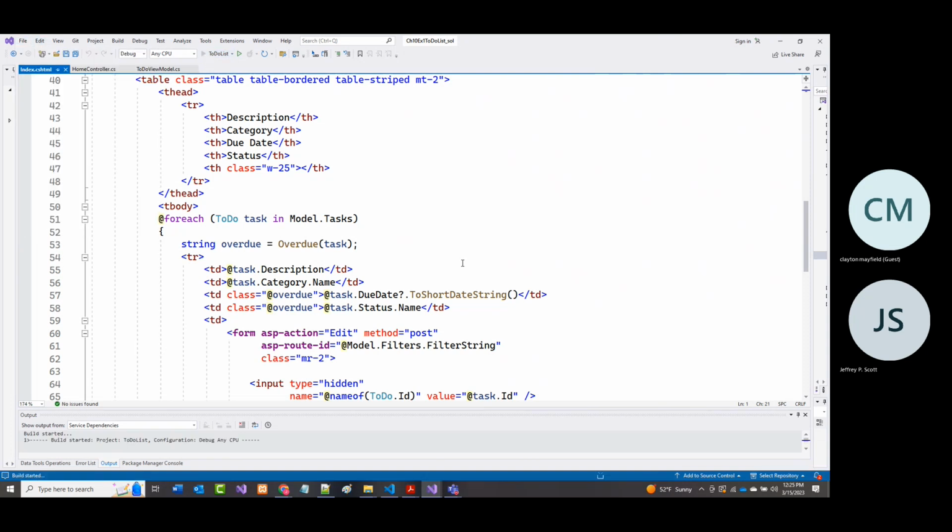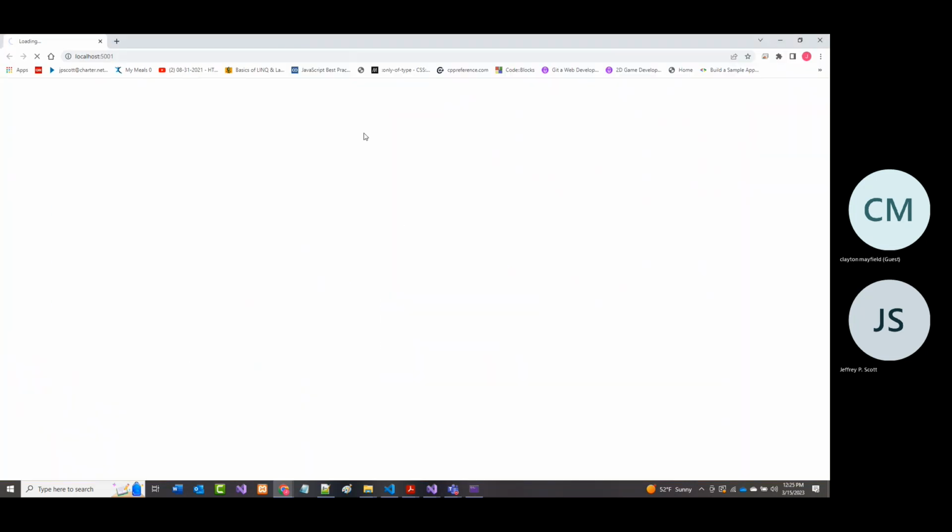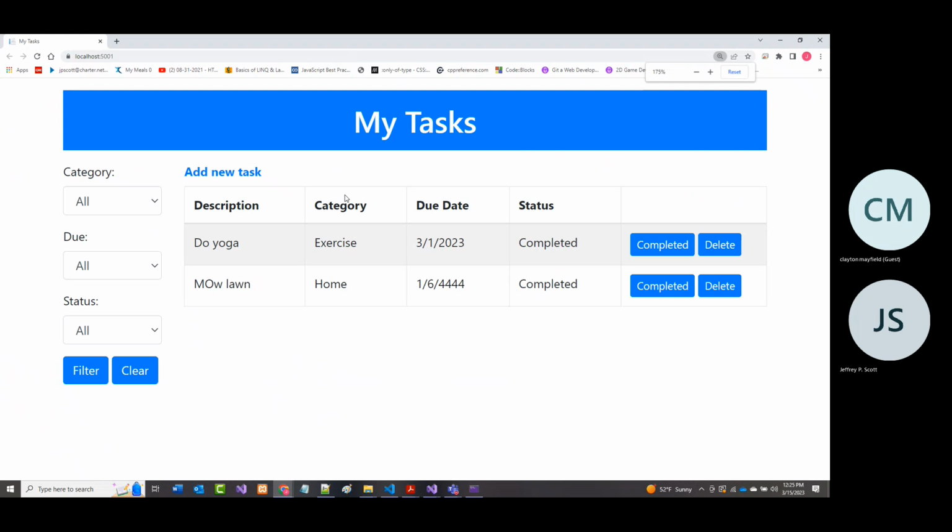you may or may not remember that I have two to-dos in mind from yesterday. They should still be here. I haven't looked at it today, but there they are. The do yoga, which was an exercise category, and the mow lawn, which is home. One thing I don't like about the way this is written right now, unless I'm missing something, and I don't think I am, you can't modify. So like, I'd like to make that a lowercase o. I believe what I'd have to do would be to delete it and then put it in there again. All right, which I don't think is good.